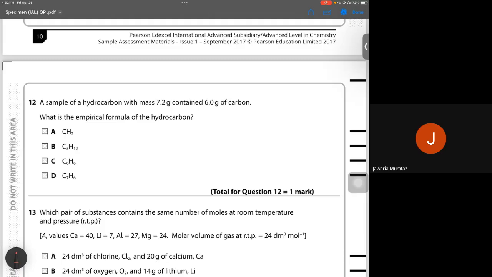Hydrocarbon means it is going to have carbon and hydrogen only. They have given the mass of carbon, so how can we find the mass of hydrogen? I have to subtract the mass of carbon from the total mass of the compound, that is 7.2. Carbon is 6.0, hydrogen is 7.2 minus 6.0. Divided by the atomic mass of carbon, that is 12, and the atomic mass of hydrogen, that is 1, I would be getting 0.5 mole for carbon